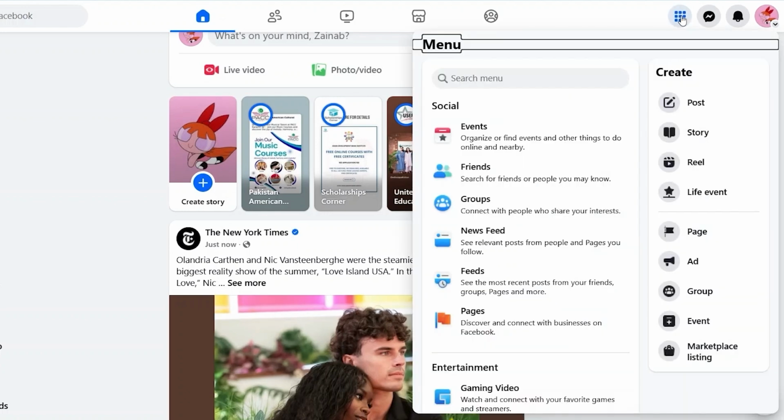After clicking on that, you're going to see several options in social. There's also entertainment and there's also create. So there are a lot of creating options and there are social options. You're going to see there's pages over here and it also says page over here. If you click on pages over here, this is the discover and connect